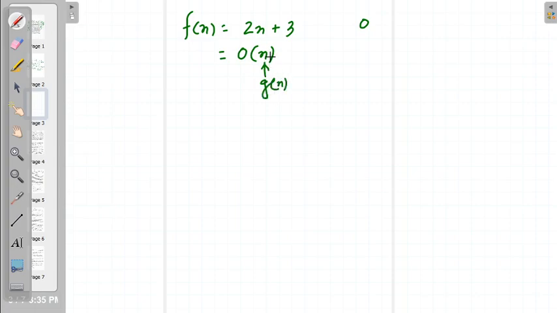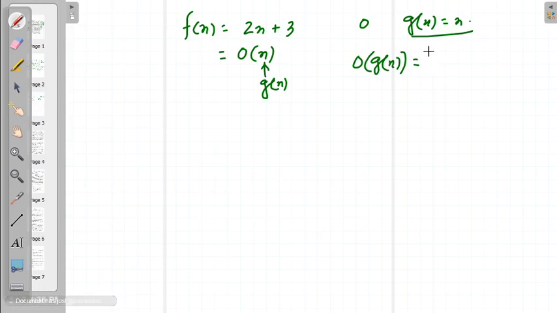So n is here Gn, right? So Gn is our n, right? Gn, order of n, okay? So we are telling that this order of Gn, the definition of this is equal to, that is the set